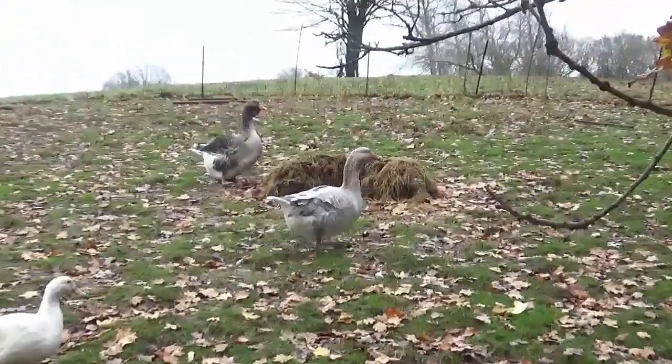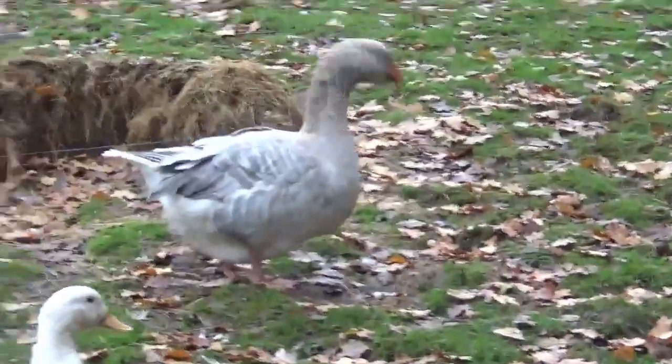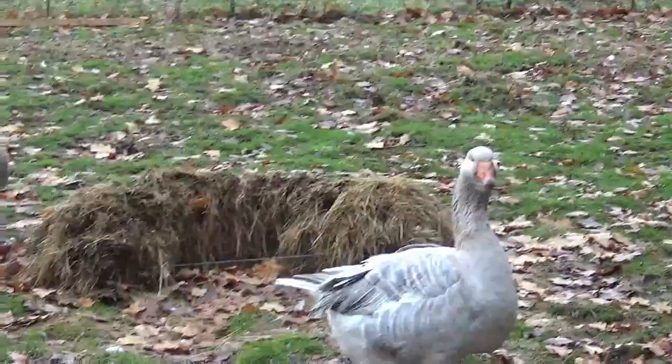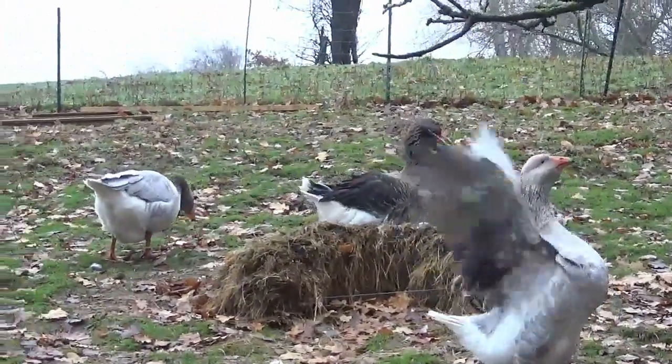Unfortunately, the Steinbeckers, there's Lady Steinbecker there, she's a bit old, so she doesn't really lay too many eggs. So we might be lucky and get a couple of eggs out of her this year. Maybe get a couple of Steinbecker chicks. But when we think about the amount we paid for Georgie, say for example, or the...